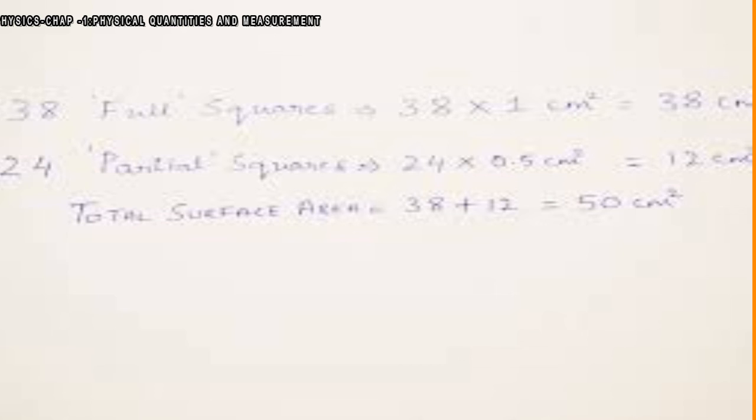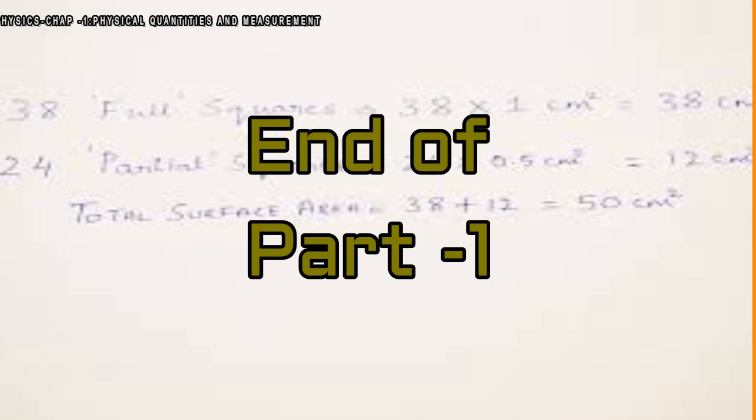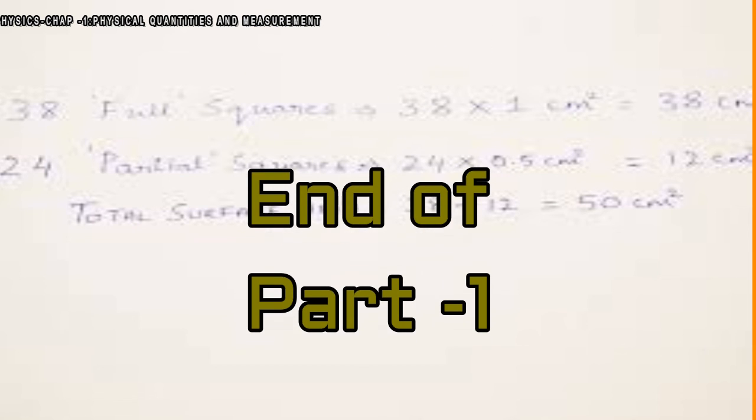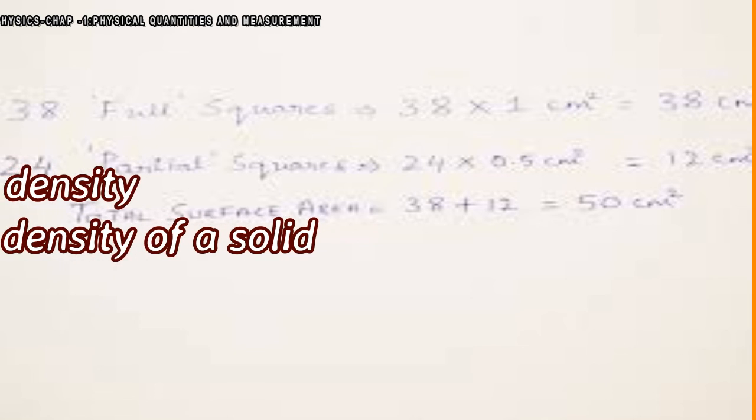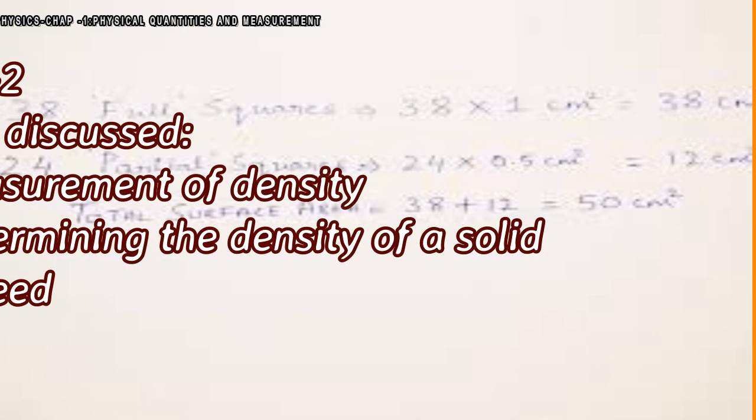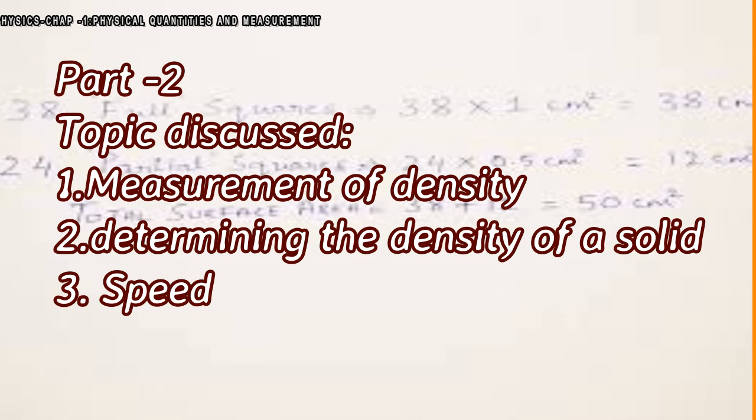You can repeat the above steps for any number of leaves. Multiplying partial squares by 0.5 centimeter square is not accurate, but since the errors average out, you get a good estimate of the leaf's area. Hope you all have understood. So, in the second part of this chapter, we will be learning measurement of